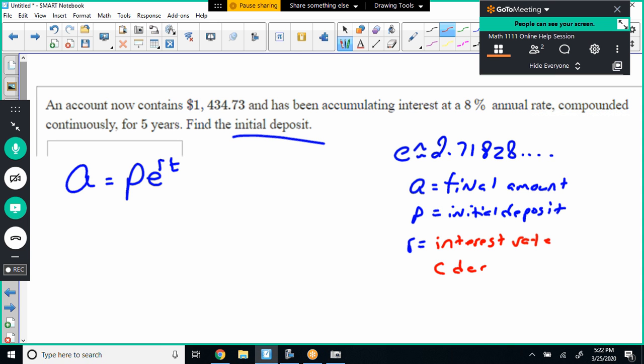That is as a decimal, right? It's got to be as a decimal. And T is time in years. Okay, so if we're looking at this,